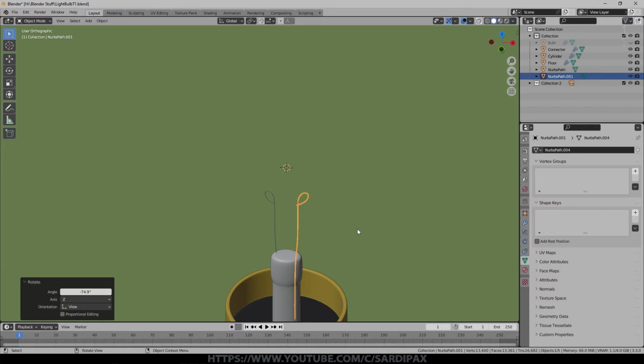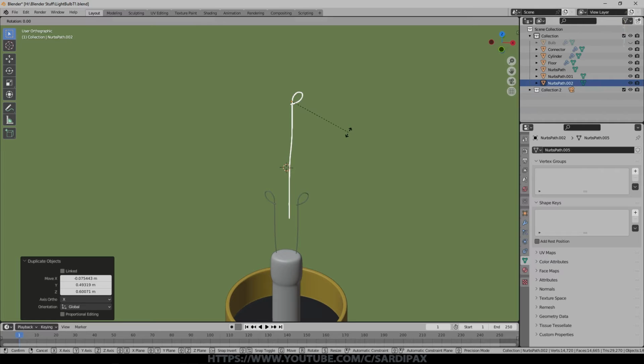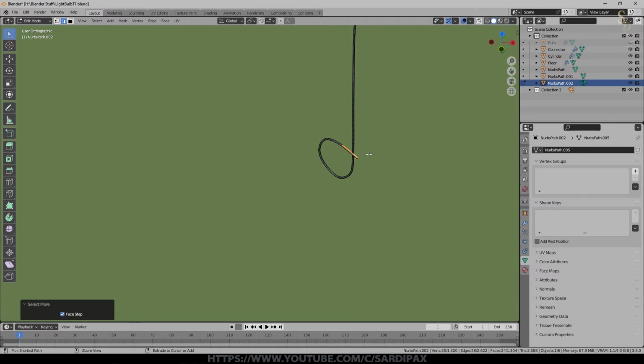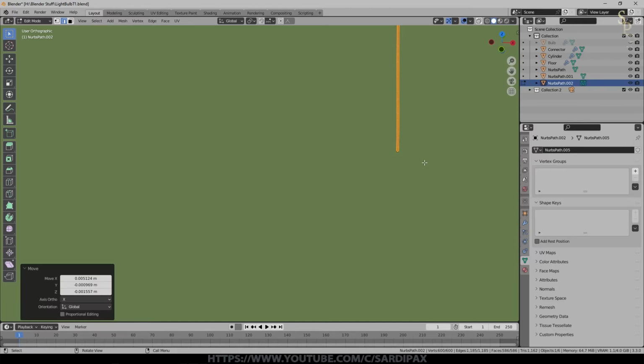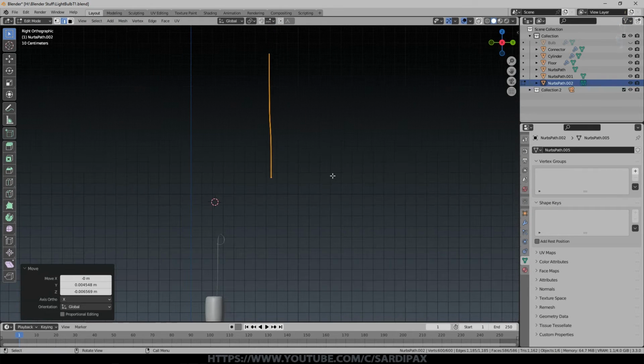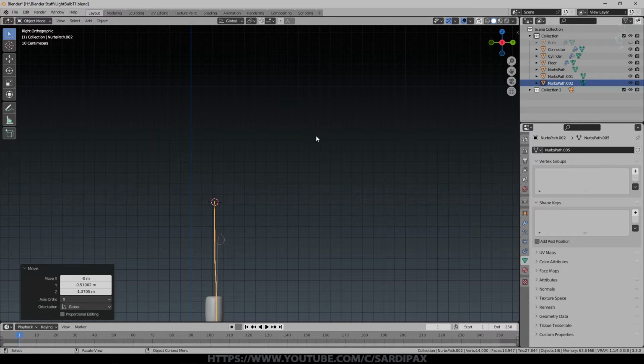And then we need 2 more wires. Just to make this quick, I'm going to select one of them, duplicate it, rotate Y 180, and then just select the vertices down the bottom here and just delete them. Select everything and just make sure that the origin is right at the bottom. It just will make it easier to manipulate. It's not perfectly straight, and that's actually fine. I don't really want this wire to be completely straight. They're usually slightly wobbly.